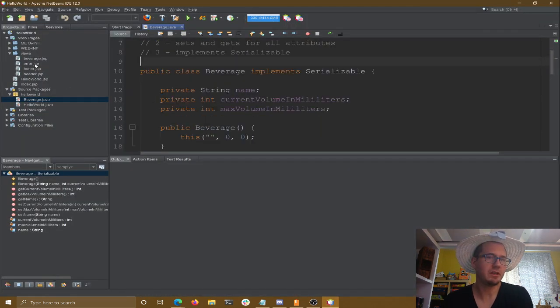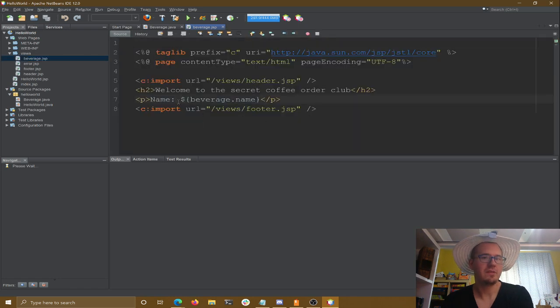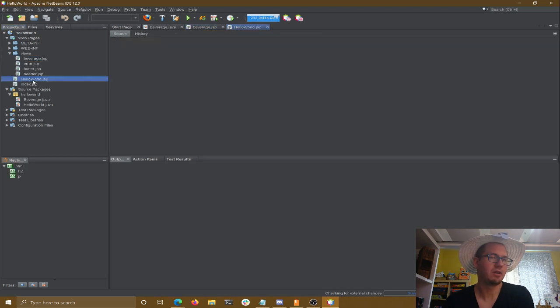Okay, so we did a little bit of EL in our view here. Oh, there we go. So this here is our EL. This is our expression language. So it's curly braces, then object, property, or attribute. Okay? So we need to make sure that this beverage object is added. So in our controller,